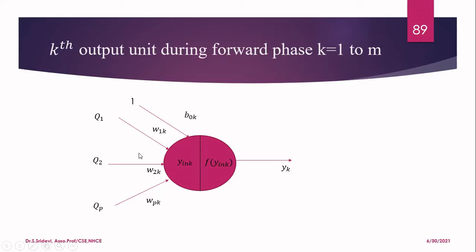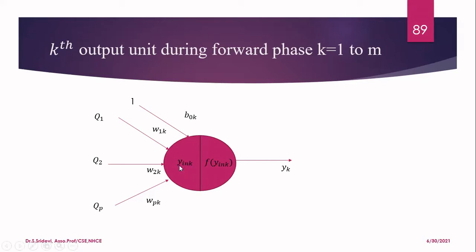Okay, and if you consider this, for every input, some weight is associated. So for the output Q1 from the hidden layer neuron, we are associating a weight value W1K. So you have to multiply Q1 and W1K, then add it with Q2 W2K, then add it with QP WPK. Plus bias you have to add. That is nothing but B0K. Here why I am considering K is because I am dealing with kth output unit. So once you add all these components, you will be getting y in k. y in k is nothing but summation of input to the kth output unit.